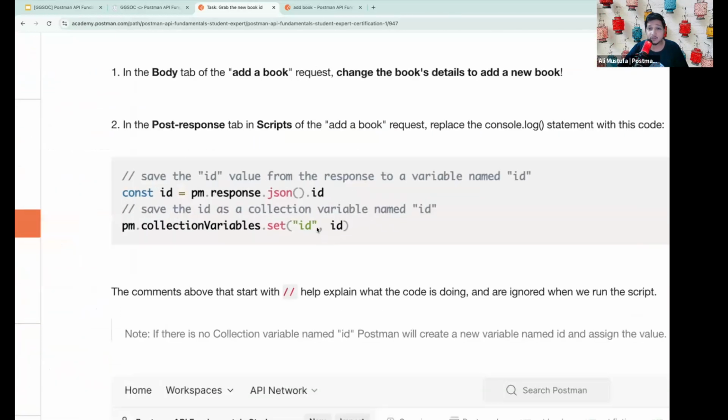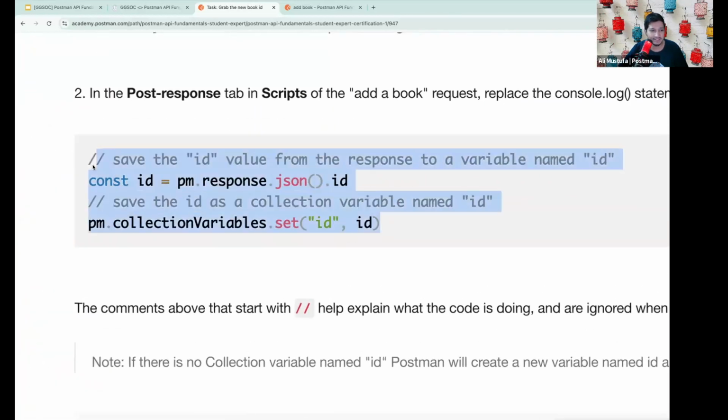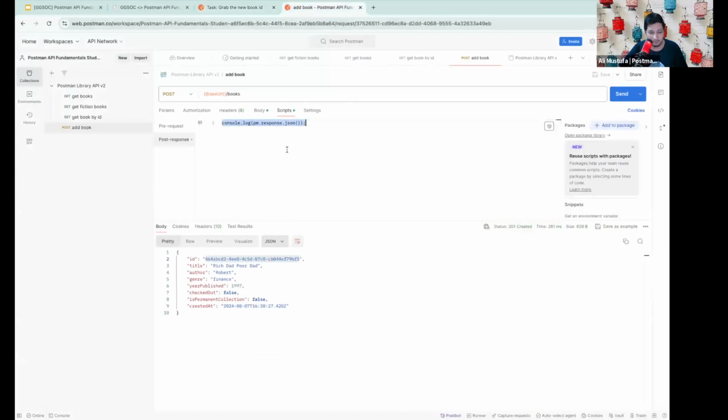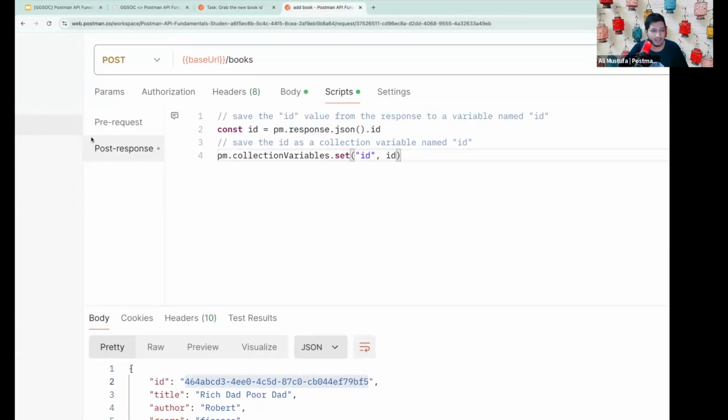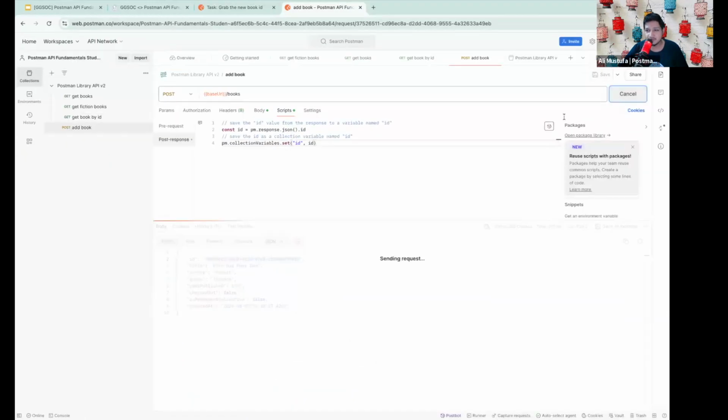The script is actually given to you, so you don't have to type it. So let's copy the script and save it in the post-response script tab. Remember, we want to add it in the post response. So under scripts, in post response, make sure you copy paste the scripting which is given already in the academy. Awesome. Now what we need to do is save this and send it. Once you send it,